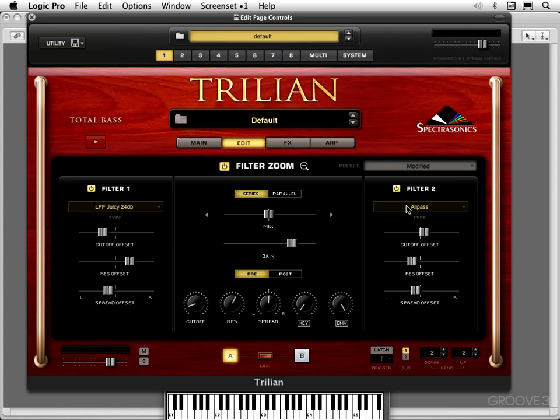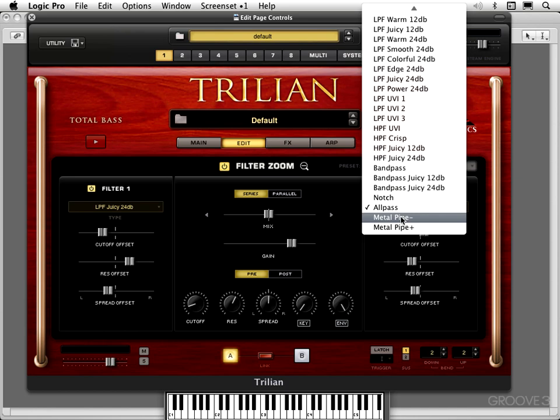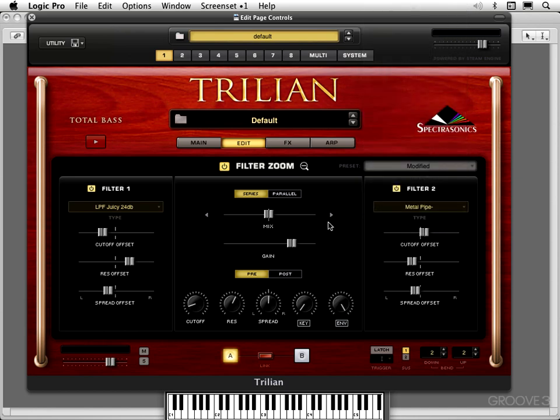So that works nicely. Let's try one of the metal pipe filters, and these are really nasty. You got to put the gain down when you're using these. These are kind of stereo comb filtering effect. Now I'm going to put the gain slider down because I don't want it to overload the system right now,